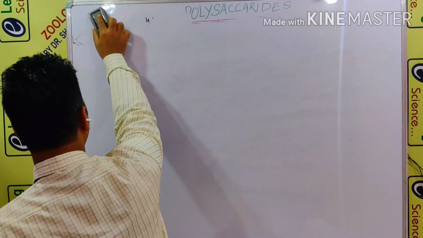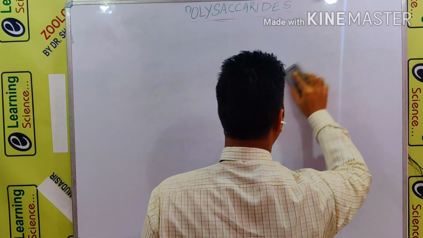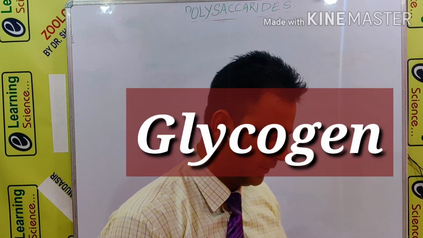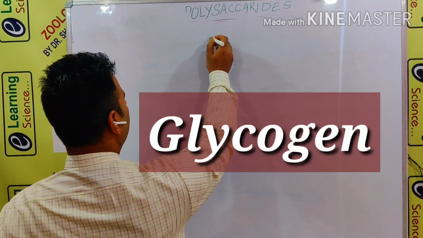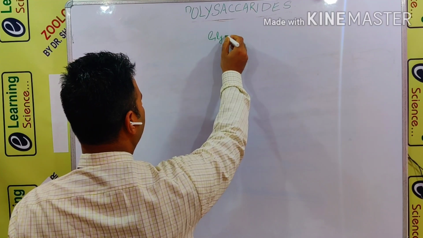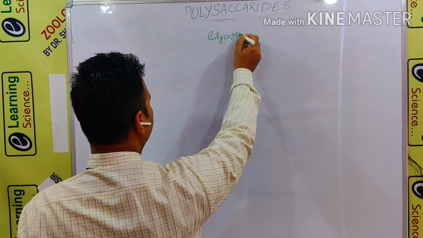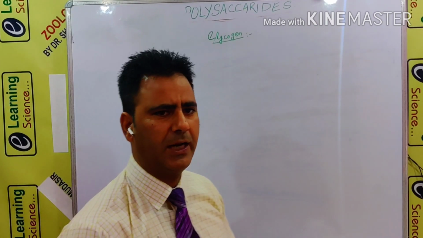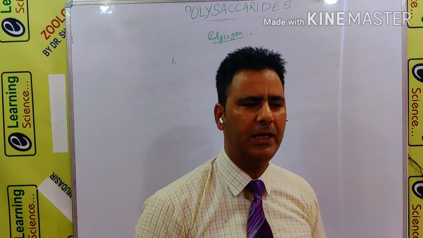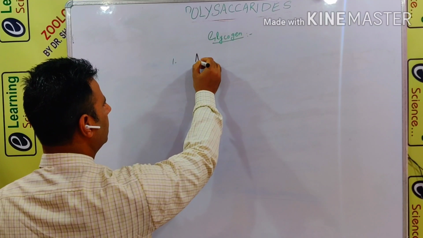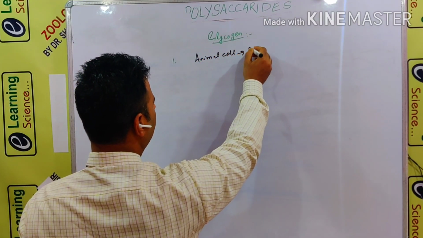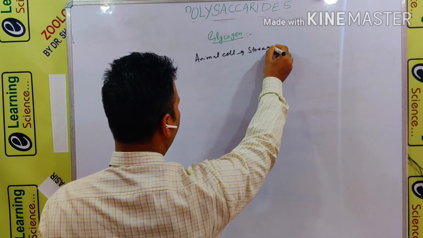After this we have the second polysaccharide, which we call cellulose. Or we can discuss, before cellulose, one more polysaccharide which is called glycogen. Let us see what glycogen is. The first thing is, this is the storage polysaccharide. It is the storage polysaccharide of animal cells. Animal cells are storing